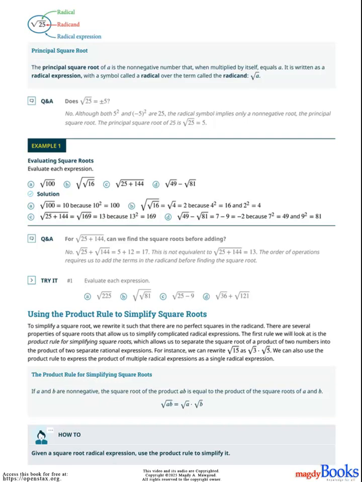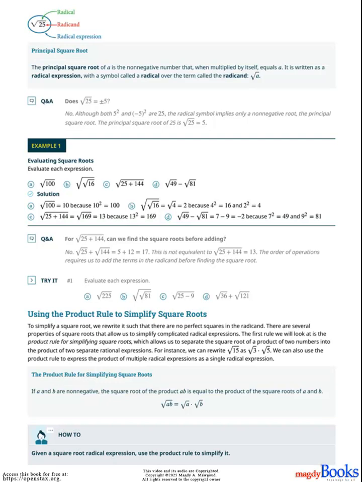1.3.2. Using the product rule to simplify square roots. To simplify a square root, we rewrite it such that there are no perfect squares in the radicand. There are several properties of square roots that allow us to simplify complicated radical expressions. The first rule we will look at is the product rule for simplifying square roots, which allows us to separate